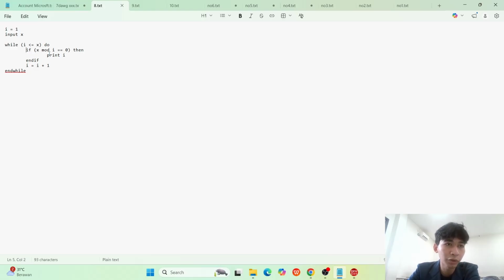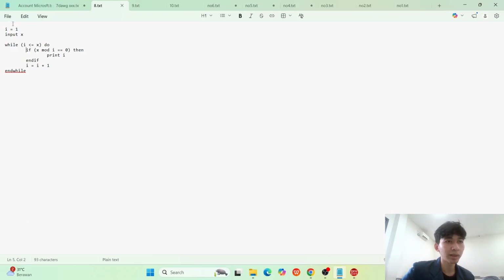Is the x value mod I, where I is still 1, equal to 0? Then print I. And then we set I to I plus 1.